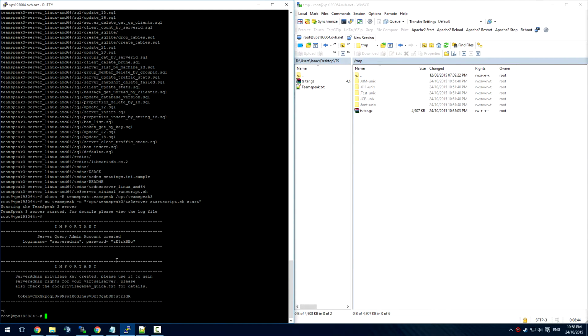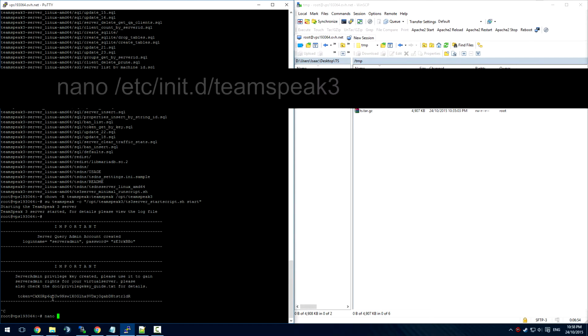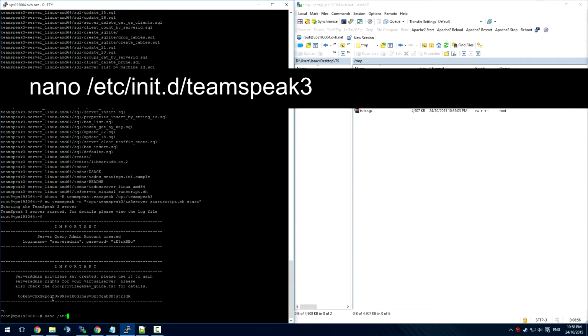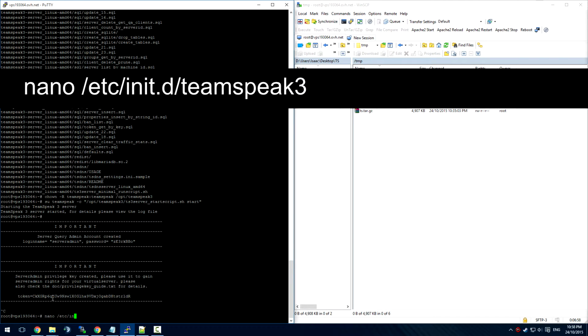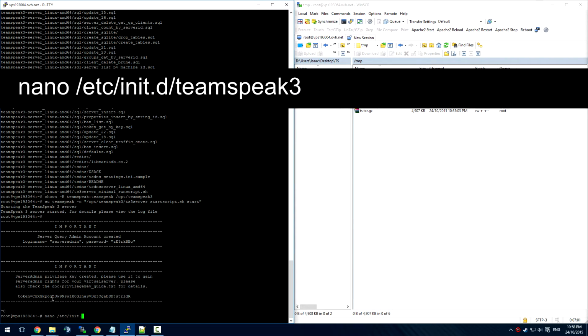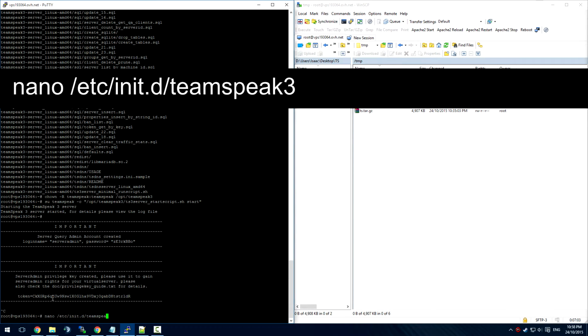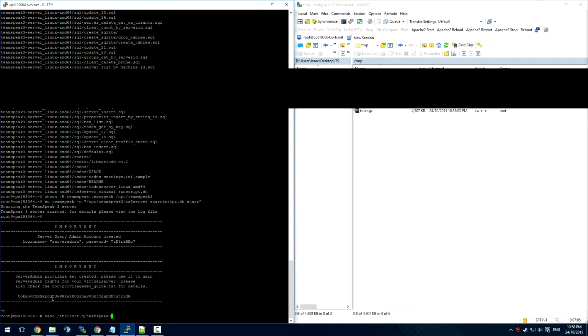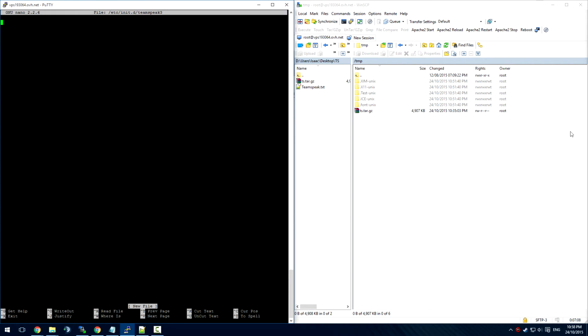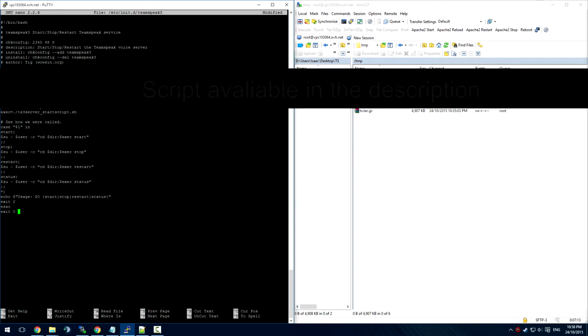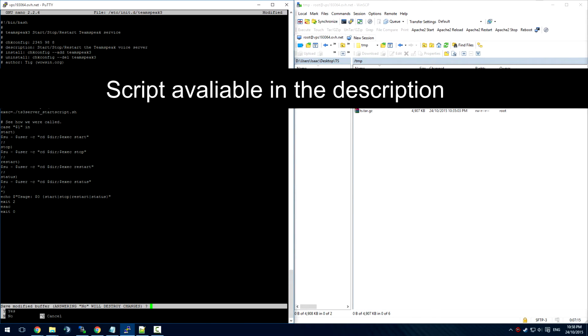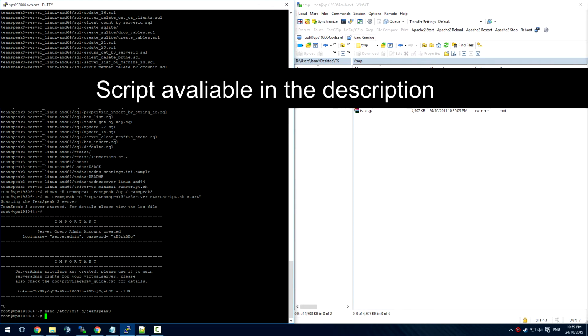So now press Ctrl+C in order to get back to the terminal, and then you want to type in nano /etc/init.d/teamspeak3 and press enter. Then you want to copy this script that will be available in the description. Press Ctrl X, Y and enter.